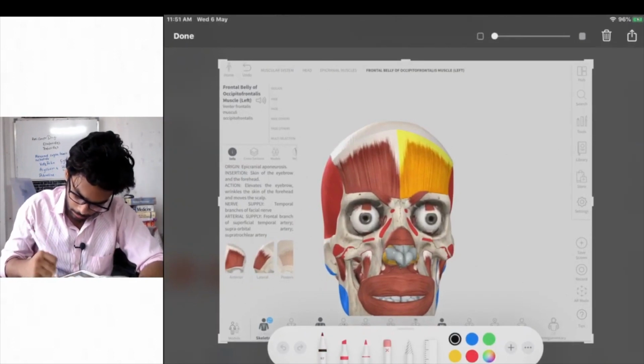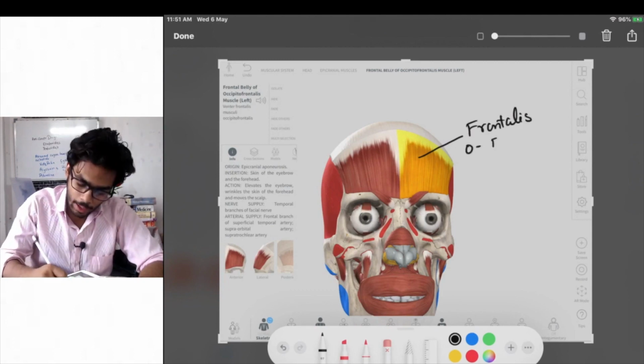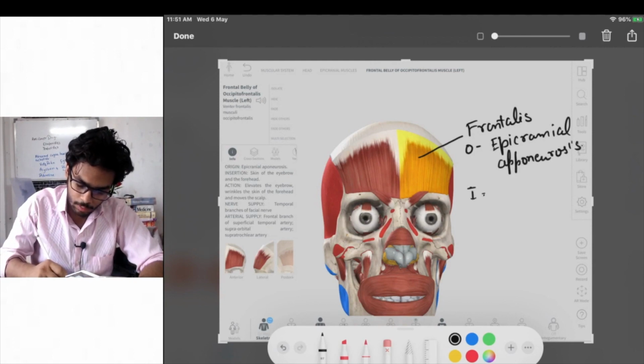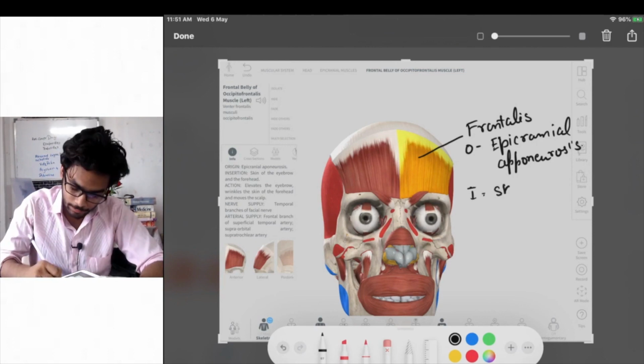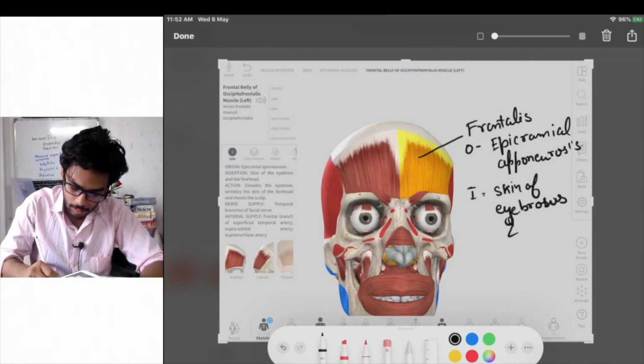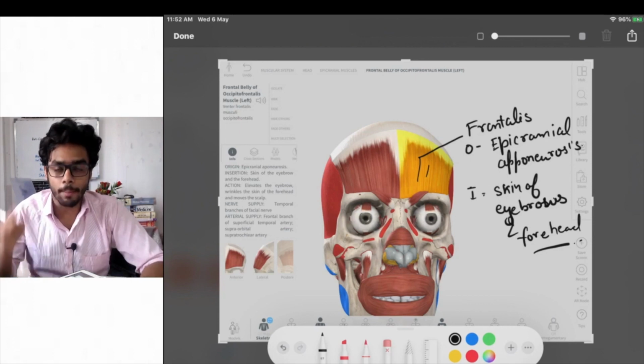This is the frontalis muscle. What is its origin? Origin is the epicranial aponeurosis. And insertion, where is its insertion? It is inserted into the skin of eyebrows and forehead. And due to this frontalis muscle, you are able to elevate your eyebrows like this,